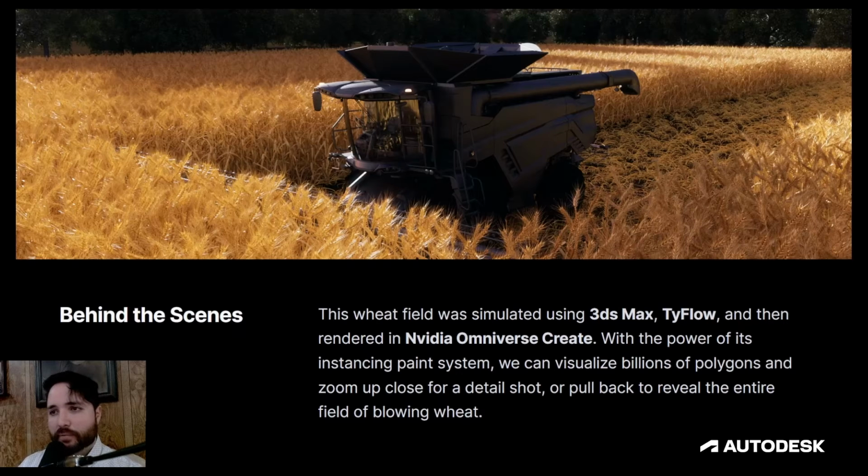Part of the power of Omniverse is the Paint extension. In traditional rendering pipelines, you have to add tools like V-Ray proxies or Forest Pack, etc., but you only ever see point cloud approximations or boxes as reference when planning out your 3D scenes. Omniverse takes things to the next level where you can paint your instances not as point cloud approximations, but in full detail, and you can see the final results in your viewport. You can then light your scene, and you can visualize millions of animated instances playing back in real time.